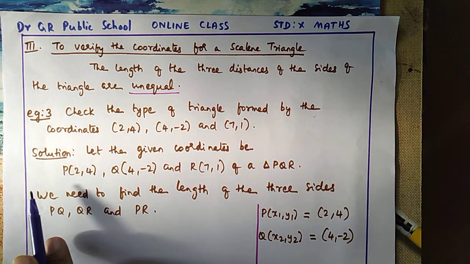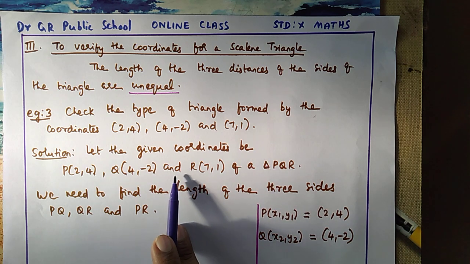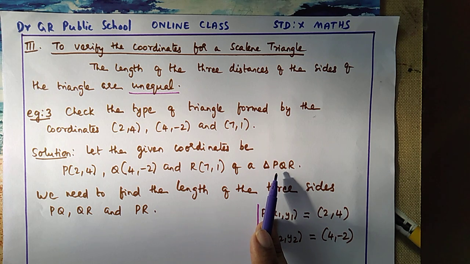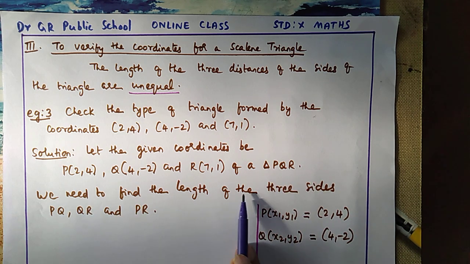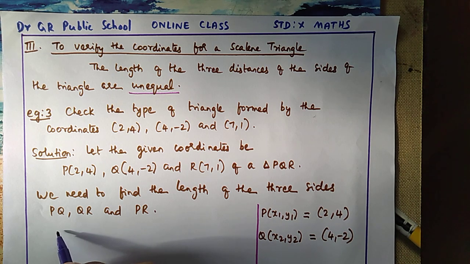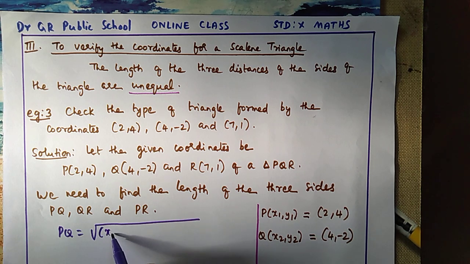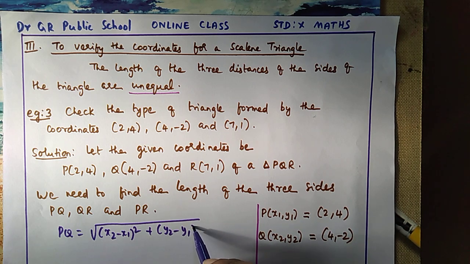Now start the solution. Let the given coordinates be P (2, 4), Q (4, minus 2) and R (7, 1) of a triangle PQR. We need to find the length of the three sides. What are the three sides? PQ, QR and PR. So first length is PQ, so that I have written P x1 y1 and Q x2 y2. Write the coordinates. Now the first distance we are going to find PQ. Write the formula as usual, distance formula x2 minus x1 the whole square plus y2 minus y1 the whole square,